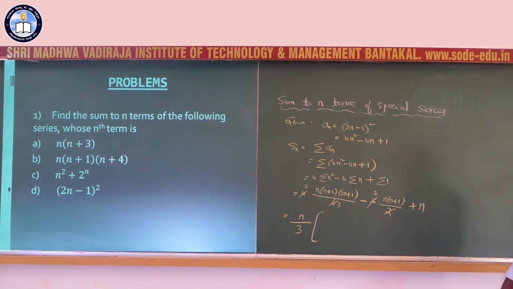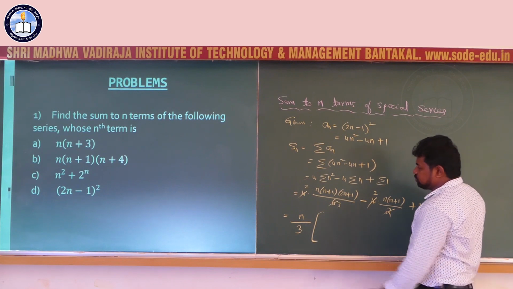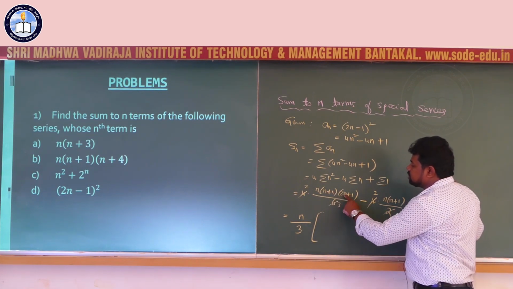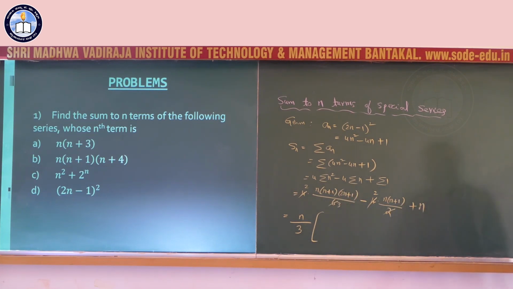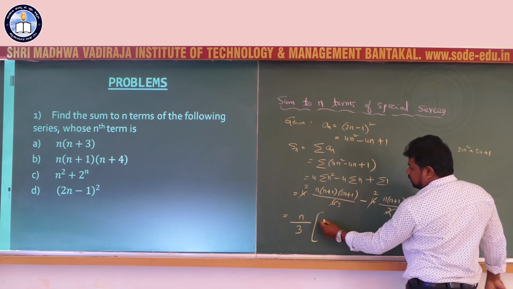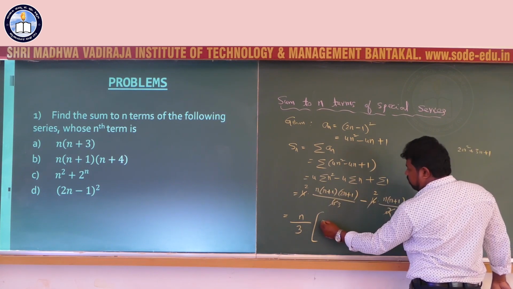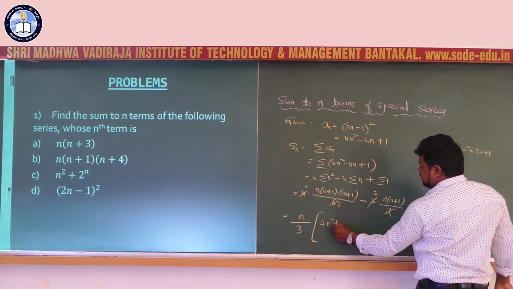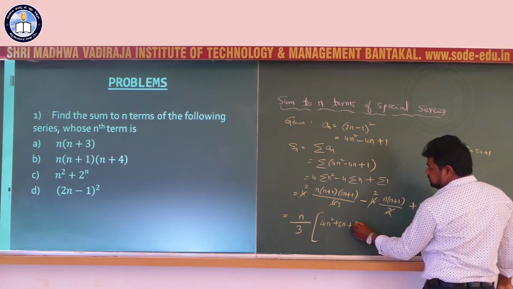That is equal to, simplify this one, n plus 1 into 2n plus 1, that is 2n square plus 3n plus 1, into 2. Therefore, that is equal to 4n square plus 6n plus 2